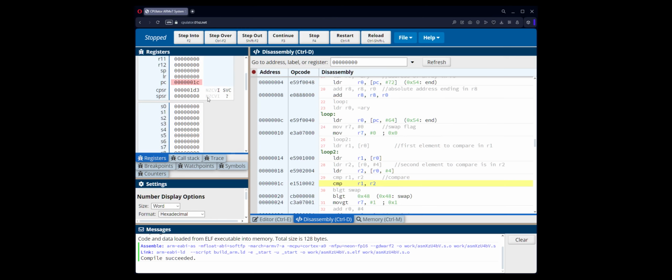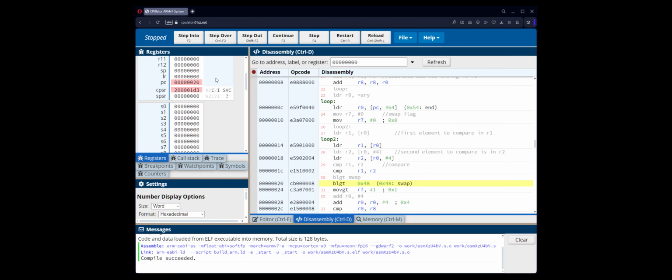So I'm going to see something happen in the CPSR. The flags will be set. Okay, so the flag has been set here. So I'm going to jump if greater than, which is the case, jump and link. Now I'm going to pay attention to the return address. So I'm going to pay attention to this program counter, and I'm going to pay attention to this value right here. So if I step over,